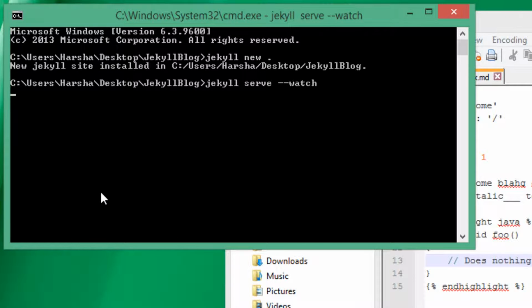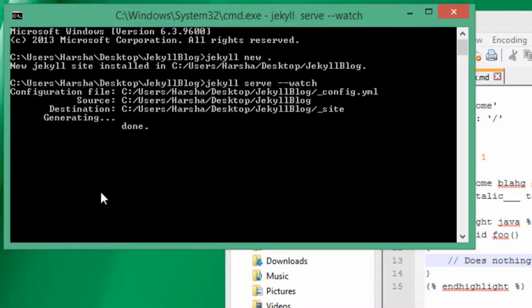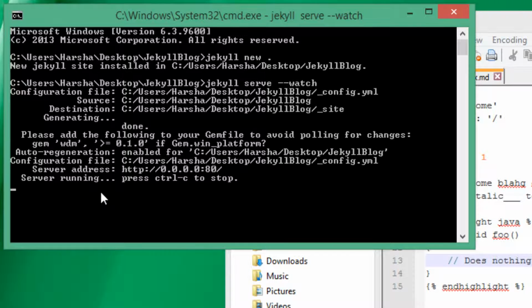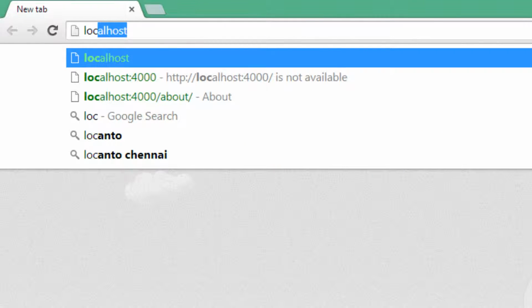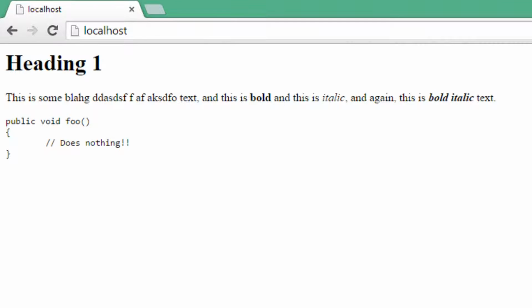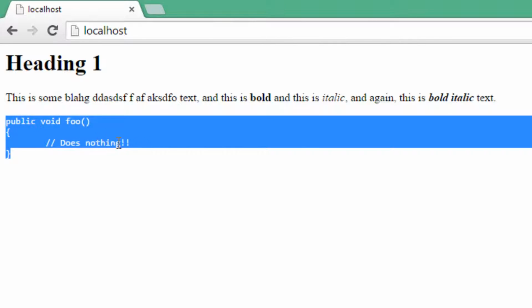So press enter, and you can see that the site has been generated. Now to view this site, here you are going to see a server address, but since this is localhost, I am just going to enter localhost, and see, this is heading 1. Okay, this is bold, italic and bold italic, everything is fine, but we are not seeing the syntax